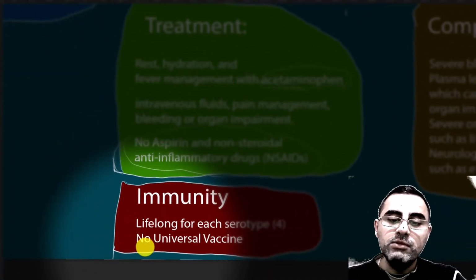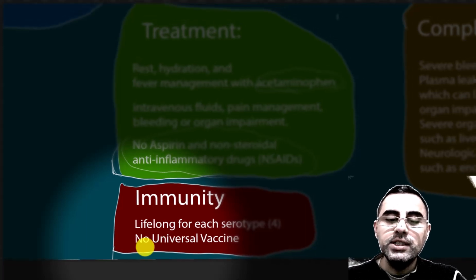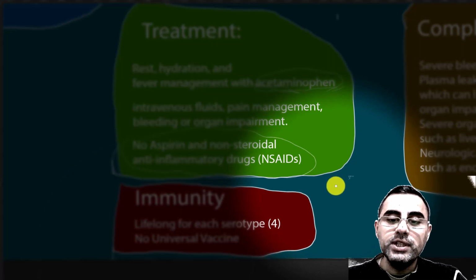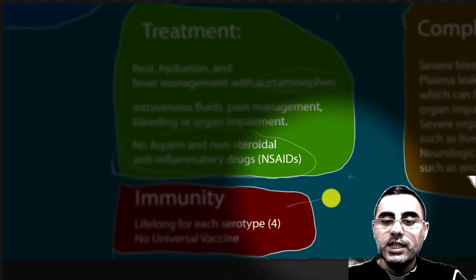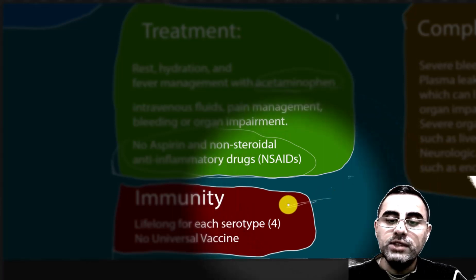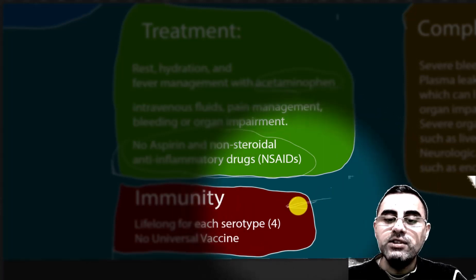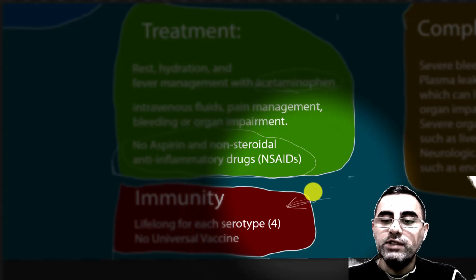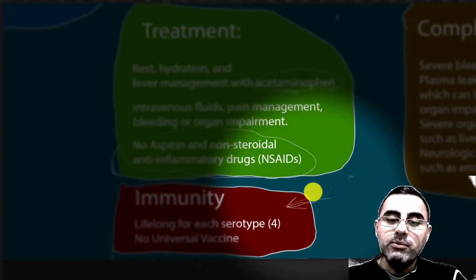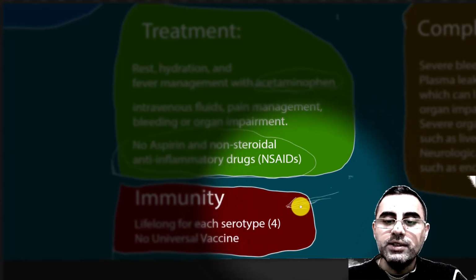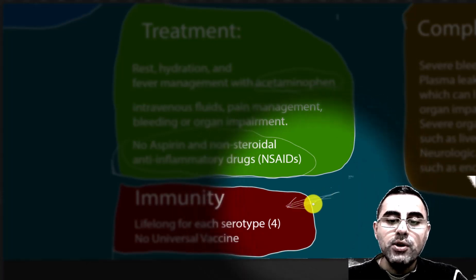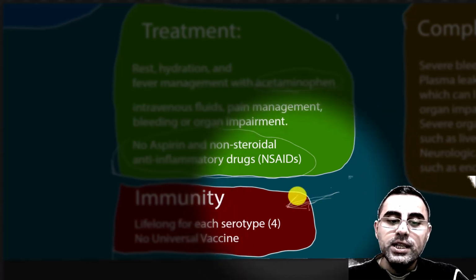Now what about immunity and vaccination? We have vaccines, but we have no universal vaccine for all serotypes, and it's important because even if a person has immunity for one serotype, it does not automatically mean immunity for a different serotype. And moreover, if a person has antibodies against one serotype, they can have a more severe infection from another serotype. That's why